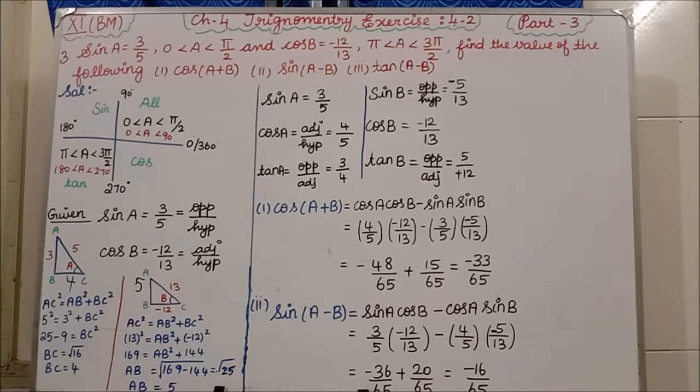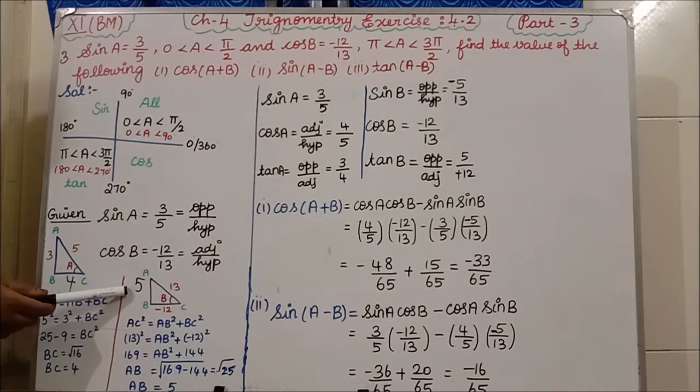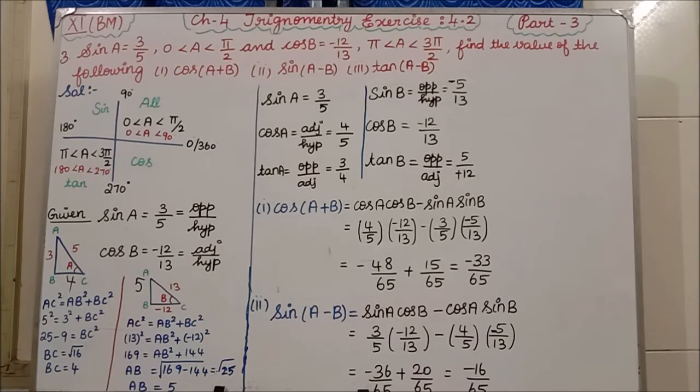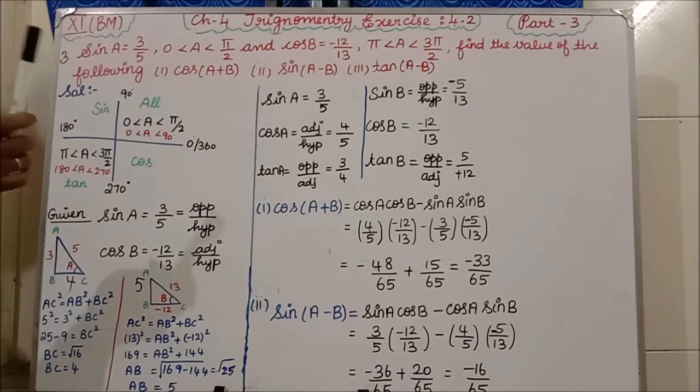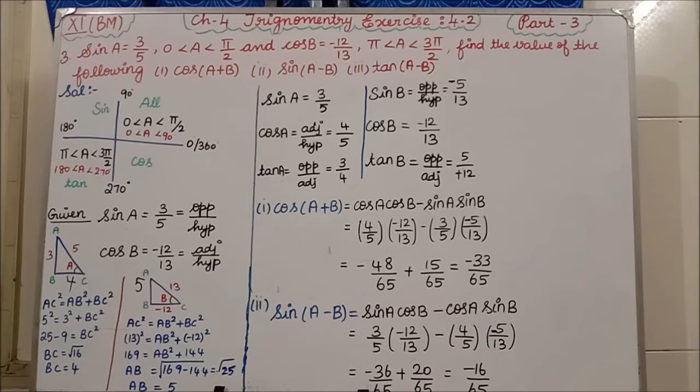Isn't it? Tan B formula is what? Tan formula is opposite by adjacent. Opposite is 5. Adjacent is what? Adjacent is minus 12. Okay. Now, it is lying in which quadrant? Since adjacent in tan is minus 12, but see, it is lying in the third quadrant. I told you in the third quadrant tan is positive. So for tan I am writing 5 divided by plus 12. Because it is lying in the third quadrant, it will become positive. So tan B value is 5 by 12. Clear all of you? How we are getting minus and positive signs?